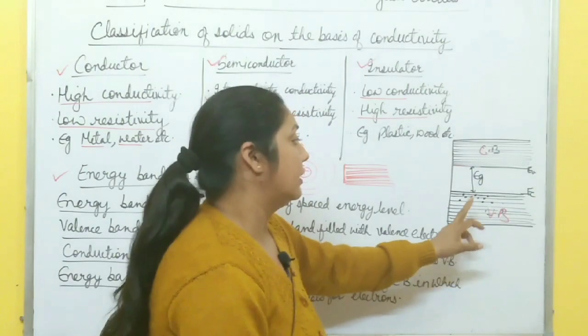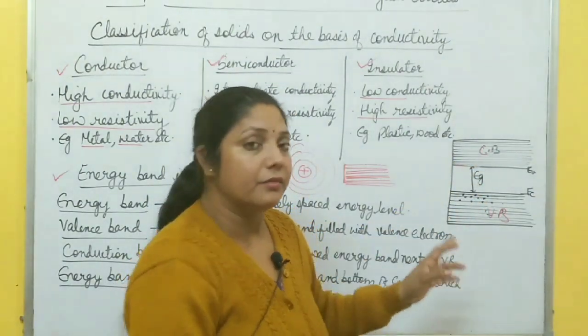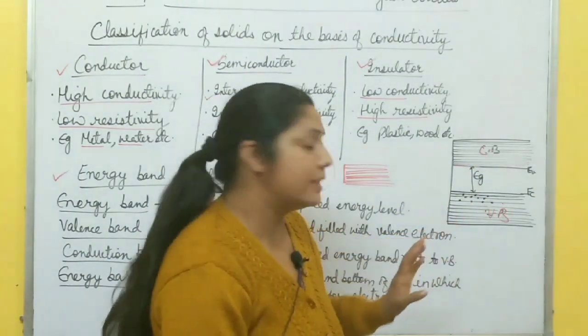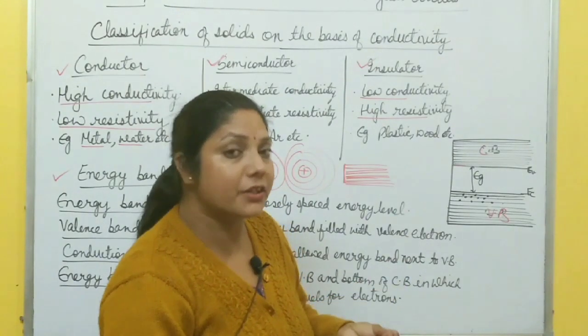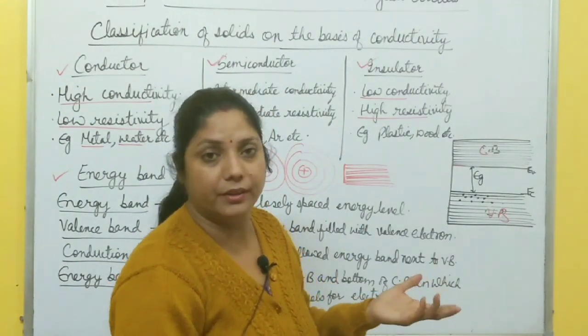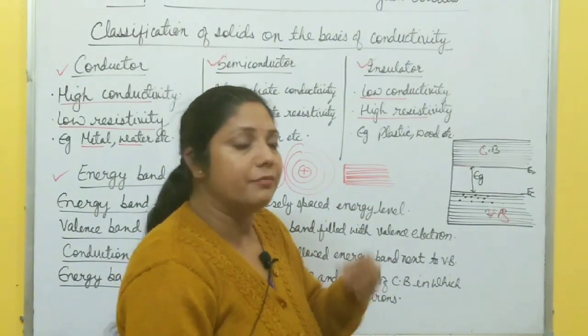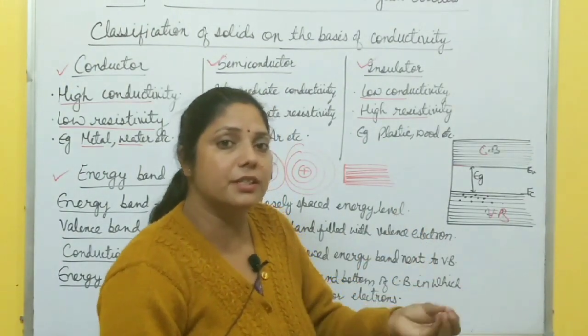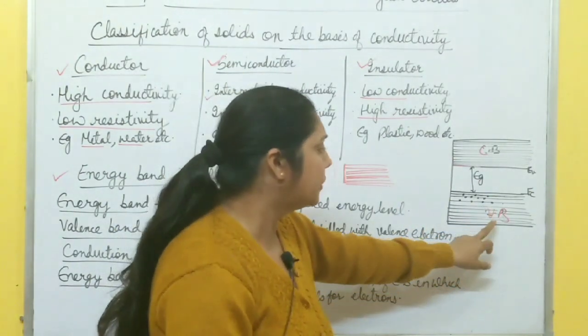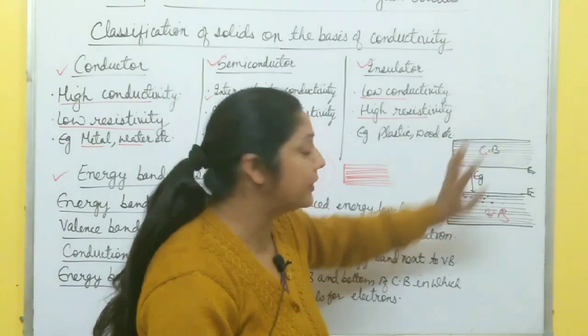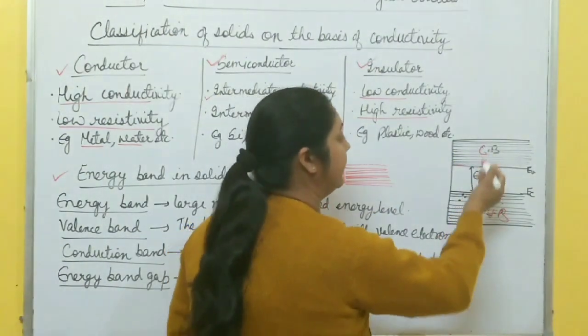But electrons conduct only when they are free. Here in valence band, valence electrons are present, but they are not free. They are bound to a fixed orbit. When they get some energy by any means, they move from valence band to conduction band,